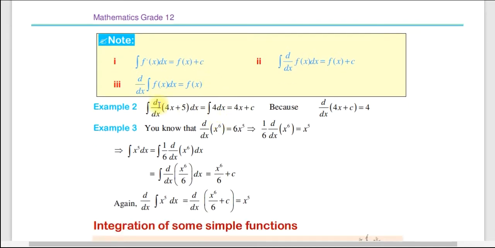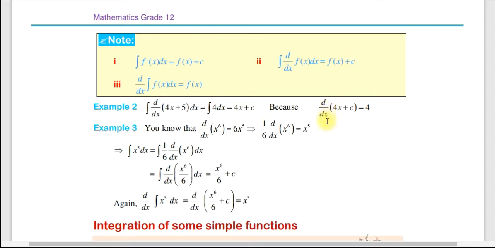ስለዚህ እነዚህ ሶስት ፖይንቶችን እንደ ማስተዋሻ መያዝ ያስፈልጋል። So ኤግዛምፕል አለን ይሄን ማስተዋሻ የሚያጠናክር፣ ለምሳሌ the integral of d by dx of 4x plus 5 dx። አሁን ኢንተግራሉ በውጭ በኩል ነው፣ ያ ማለት ወይ በዚህኛው ነው ወይ በዚህኛው ነው፤ ይሄ ተሰጠው በሁለተኛው ማስተዋሻ ነው። ስለዚህ ምንድነው የሚሰጠን፣ f of x plus c ነው። ስለዚህ the integral of 4 dx, which is equal to 4x plus c ማለት ነው። ምክንያቱም መጀመሪያ ውስጥ ያለው ምን እናደርገዋለን፣ ደሪቬት እናደርገዋለን፤ ደሪቬት ሲሆን 4x plus 5 ደሪቬት ሲሆን 4 ነው፣ then 4 ደግሞ ኢንተግሬት አድርጉት ተባለ with respect to x ማለት ነው። ስለዚህ 4x plus c፣ c እዚህ ላይ የታየ ነው ማለት ነው።